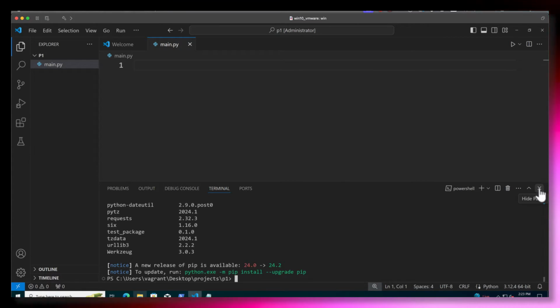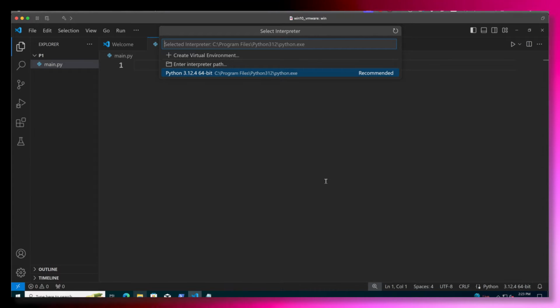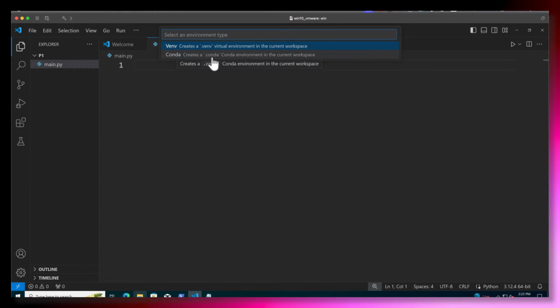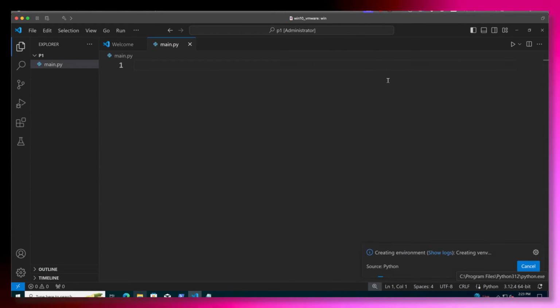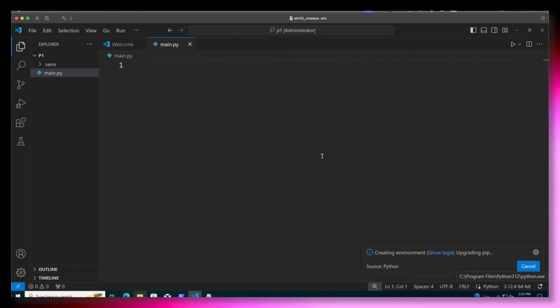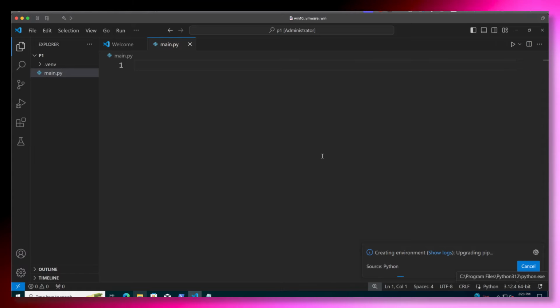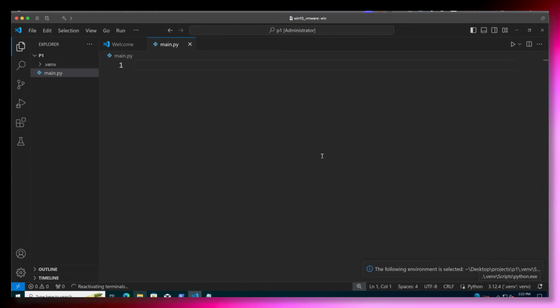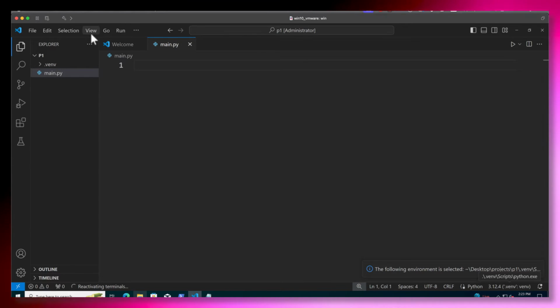So I'm just going to close this down. I can just kill the terminal with the dustbin. Go back onto the versioning in the bottom right-hand corner and create a virtual environment based on venv. And I can choose then to clone my global Python interpreter, but we don't bring across any of the additional packages. We only have the packages that are built into Python. Once that has set up, I have got a clean and fresh environment.